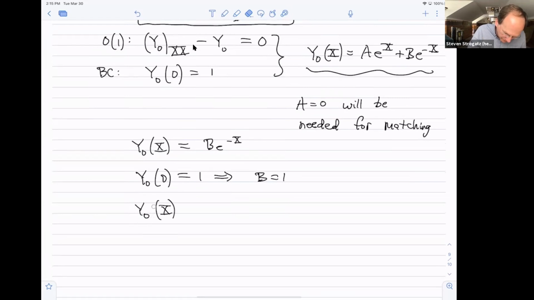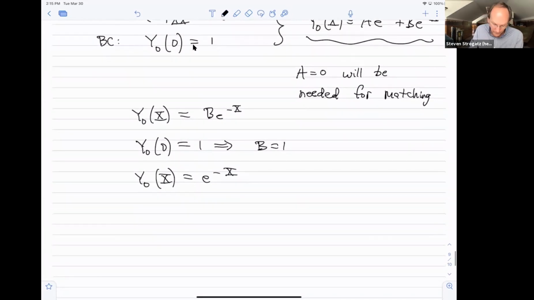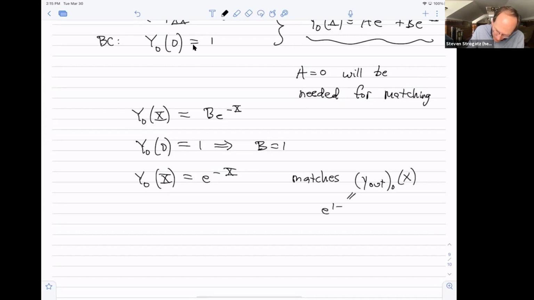The inner solution at lowest order is just e to the minus big X, which already matches my y outer sub 0 of x, which, if you'll recall, was e to the 1 minus 1 over x,